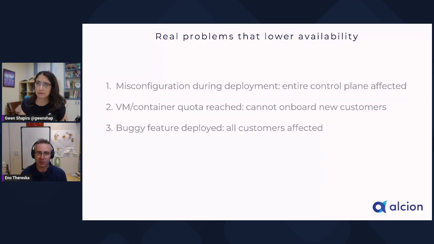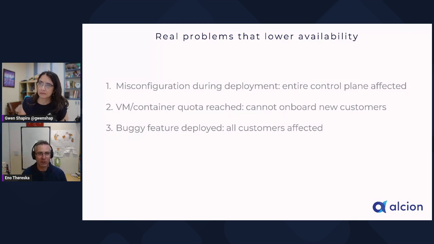The second one is a little bit more mundane, but it also happens all the time. You have reached some sort of quota. You have built your control plane. If this was 2018, you have probably built it with VMs, and later on with containers, and more recently perhaps with the serverless components. But somehow you have reached some quota, and you forgot about it. That quota is now reached. You can't onboard new customers. Again, an availability problem. You can't accept new requests until you do something there, right?